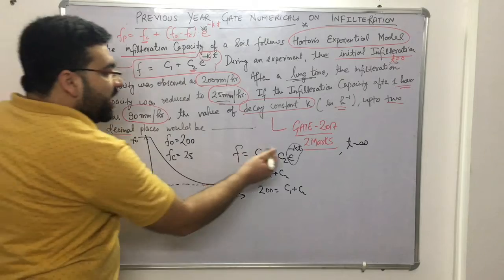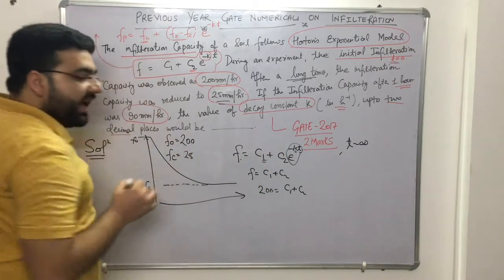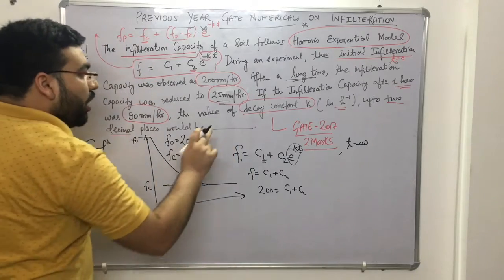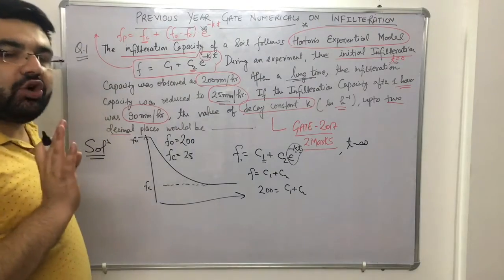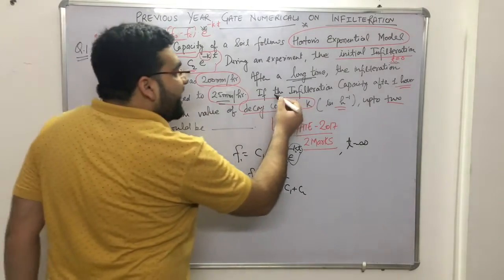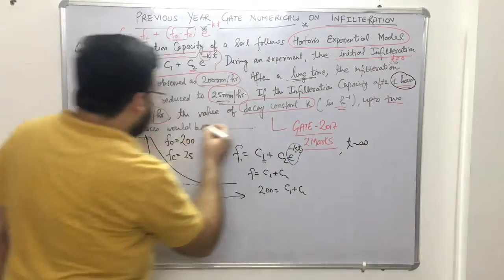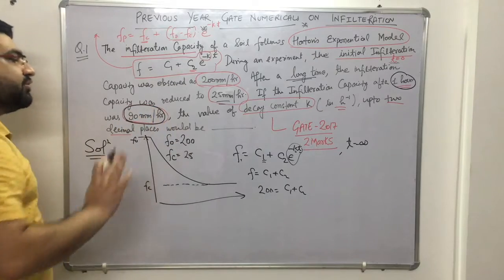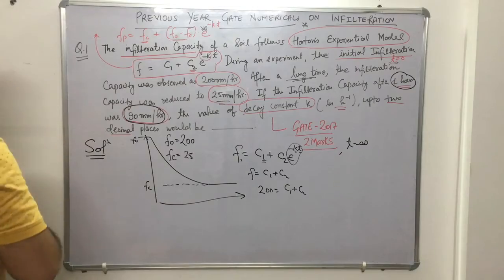Now to determine this value K, I need T and I need Fp. Now the next statement has given us the value of T also and Fp also. It is saying that the infiltration capacity at this time, which is given, is Fp. How much is Fp? 90 millimeters per hour. So this question becomes a cakewalk, right? So let me rub this and solve this numerical.